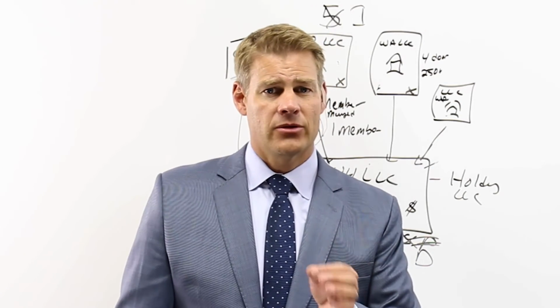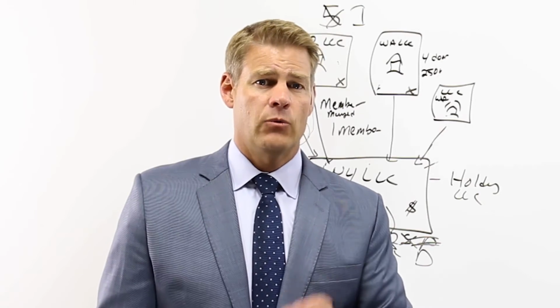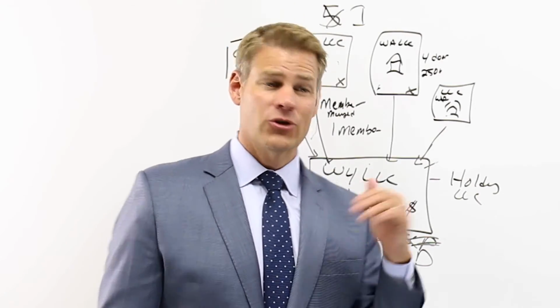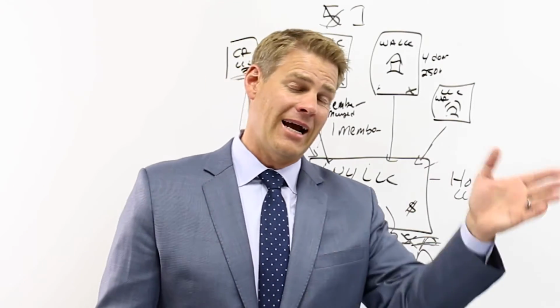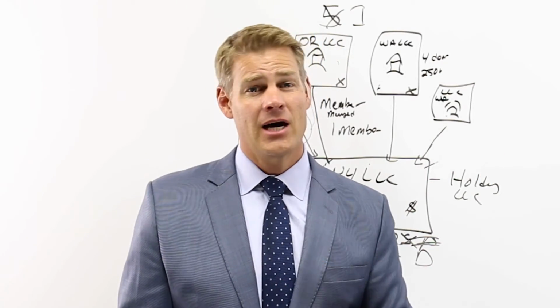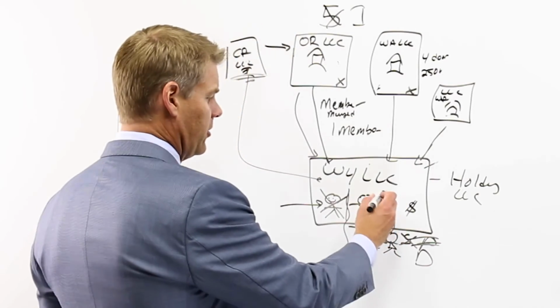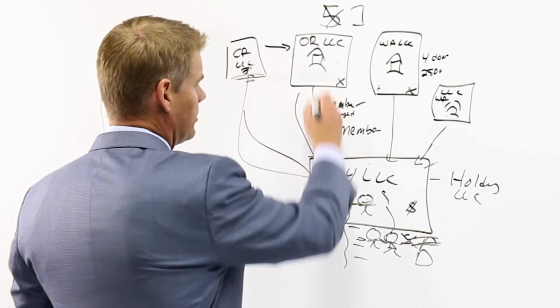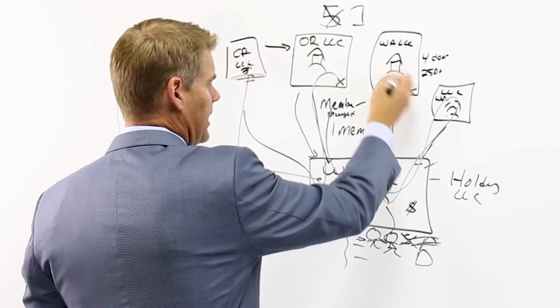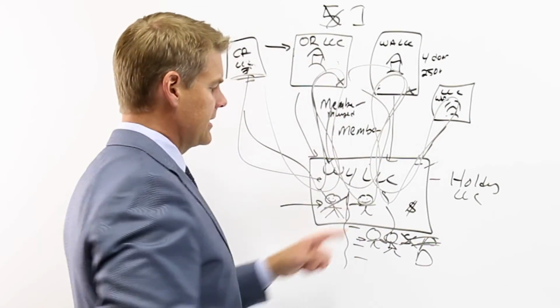Well, I think the answer lies in what I just said to you, that when you pull money out, because you're in charge of this entity, are you really going to pull money out if you know that it has to go to a creditor? I think not. You're going to keep your money in here. You're not going to take a distribution so the creditor doesn't get paid. You can still continue to move money all around like this, never going to your creditor because nothing's coming out to you.